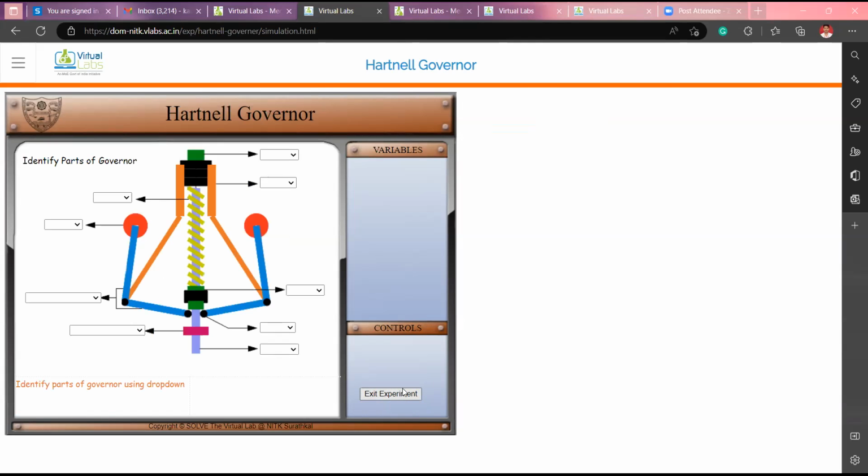Start experiment. So here we have to find each and every part of the Hartnell governor. So each part has some drop down options. You can select the right option. So this green color part is called as nut. So if your answer is correct, you will be getting a right option. If your answer is wrong, suppose like,